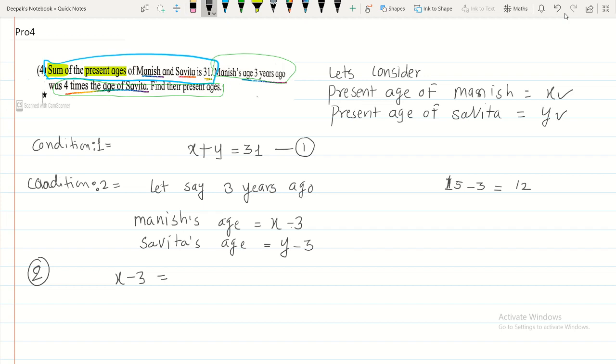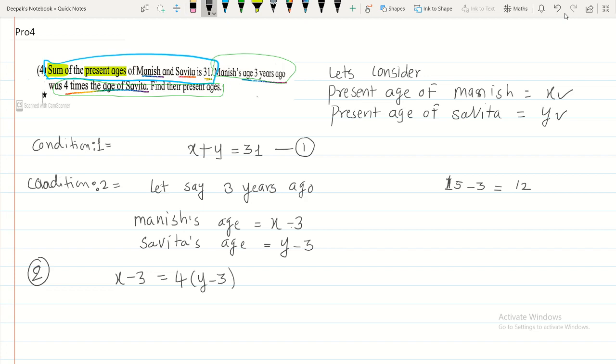Manish's age 3 years ago was 4 times the age of Savita, but they have not mentioned the age of Savita here. So the age of Savita is y minus 3,